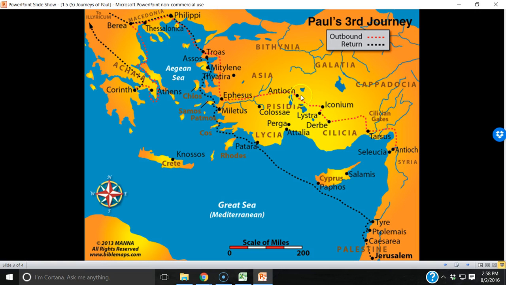This time, however, he does go to Ephesus. This stay in Ephesus is twice as long as he stayed in Corinth the first time. He's actually in Ephesus for 3 years, and it's in this time on the third journey that many other churches are established in Asia Minor. This entire part here is Asia Minor, and so we read in Acts that the word of the Lord went out not just in Ephesus, but in many different Asia Minor communities. Very powerful work of the Spirit there in Asia.